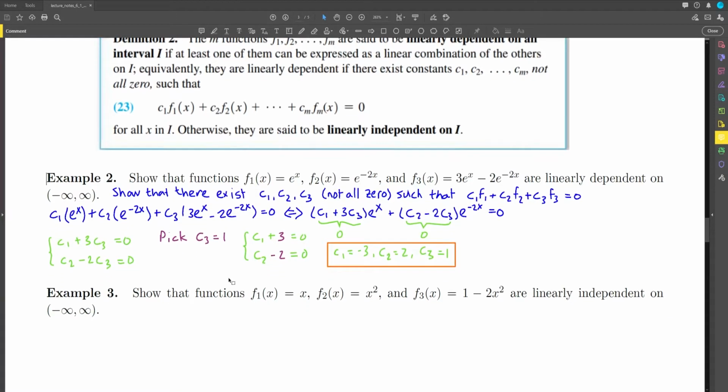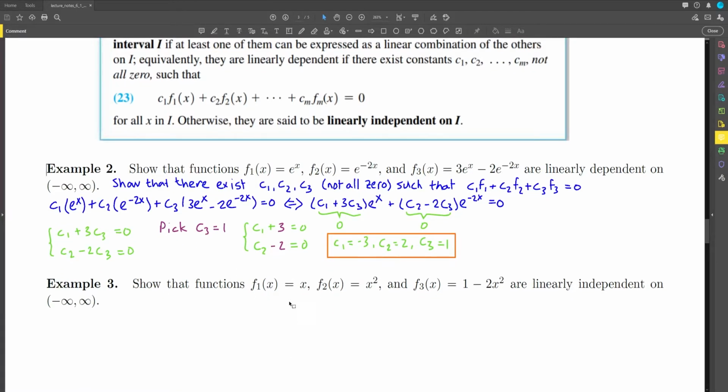Now in the next example, we want to show that the functions f1 of x equals x, f2 of x equals x squared, and f3 of x equals 1 minus 2x squared are linearly independent on the interval from negative infinity to infinity. So one way to go about this is that we're going to assume that we have constants such that C1 times F1 plus C2 times F2 plus C3 times F3 is equal to 0